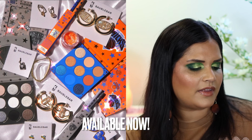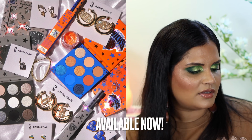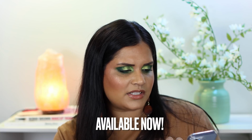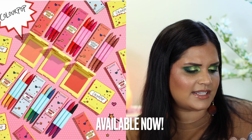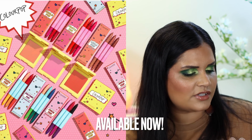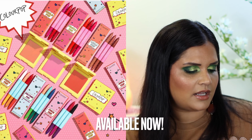Next, we have a reveal of Colourpop X NBA. This is like round 2. So they're doing a Brooklyn Nets and a New York Knicks launch. I also saw another collection. Colourpop Cult had posted a pop art collection. So I don't think I saw a date on that as well. Pop art collection launching on 2/17. So the day you're seeing this video, there's 3 lippie stick duos. Sounds interesting, but